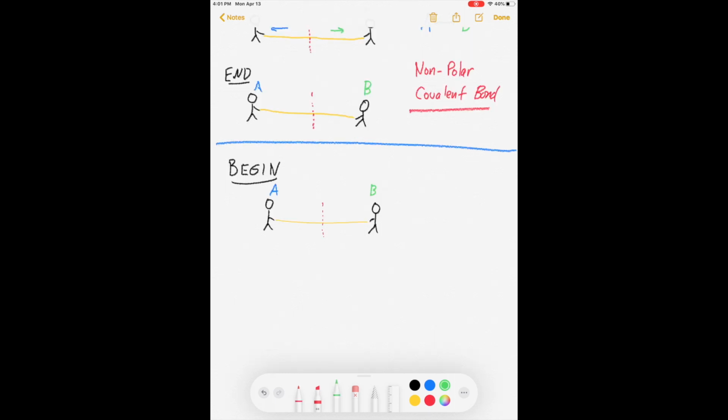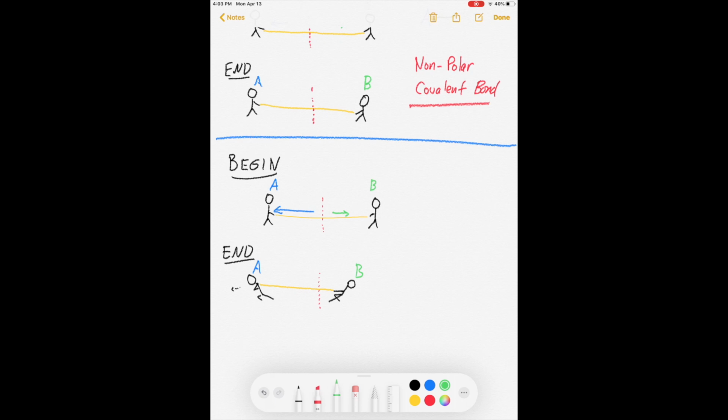So let's look at another situation. Let's suppose, unlike our previous example, now we have someone a lot stronger. I'll say that A is very, very strong. This guy is strong. And over here we've got B, who's just a little guy. Really can't pull very hard. What do you think the end result in this tug of war is going to look like? Well, you guessed it. Obviously, A is going to win this tug-of-war contest. So what does that mean in terms of the actual bond? Going back, if we imagine that we've got atom A and atom B,